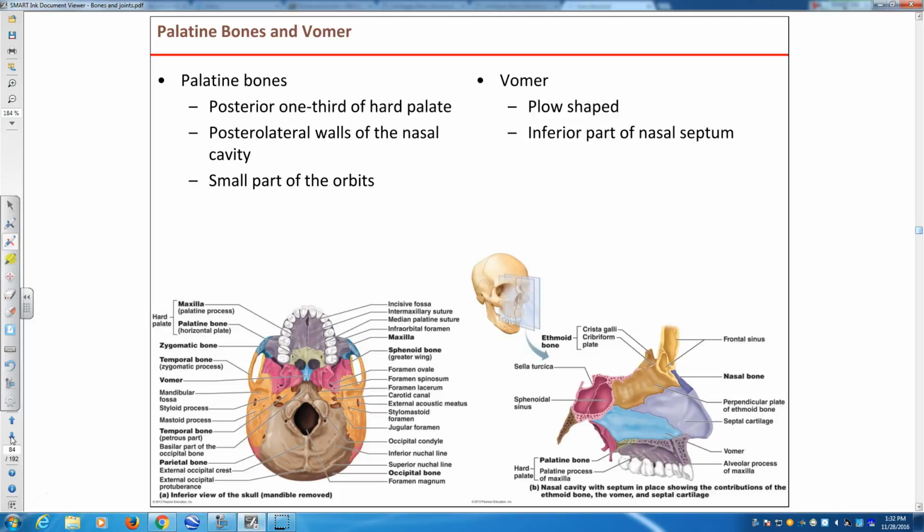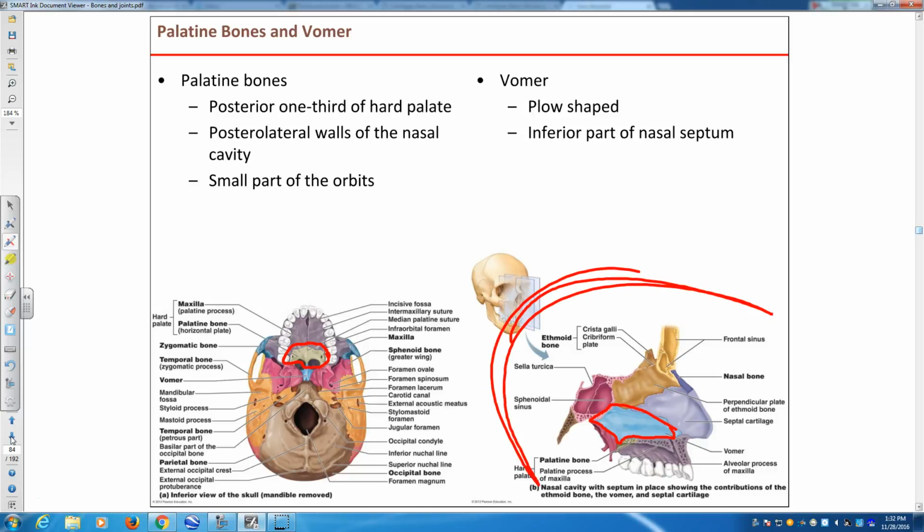Palatine bones and a vomer. You can see palatine bones being light green on the picture, and you can locate them if you would look at the bottom, the hard palate right here. You see it's kind of separated from the maxillary bone. Vomer finally is the plow-shaped bone. On this picture, it's highlighted in blue. So this picture, this one,